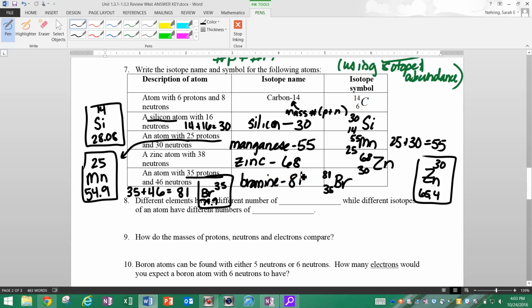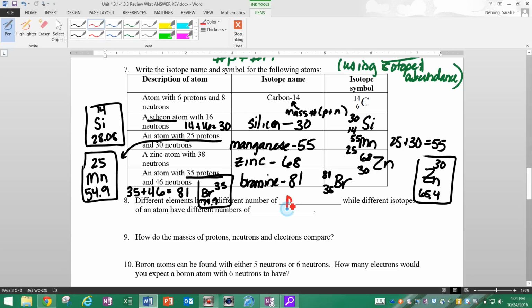bromine-81. Okay, so again, the way you find the mass number is by adding together the protons and the neutrons, and it won't necessarily match the average atomic mass because you might be dealing with one of the less common isotopes. All right, so number 8, different elements have a different number